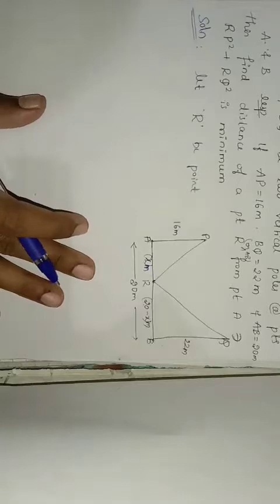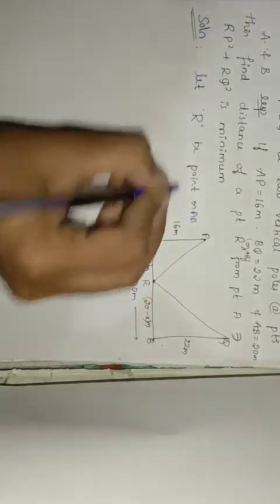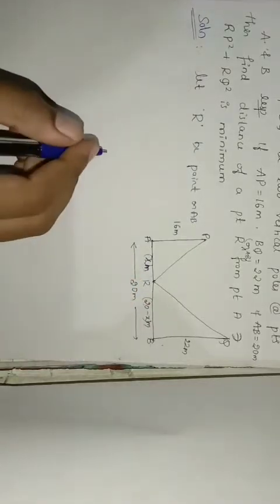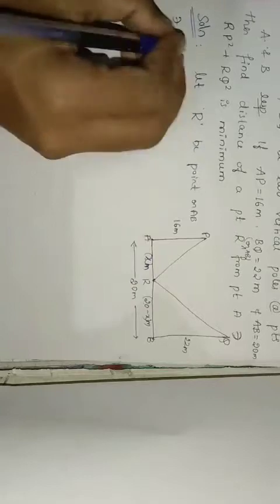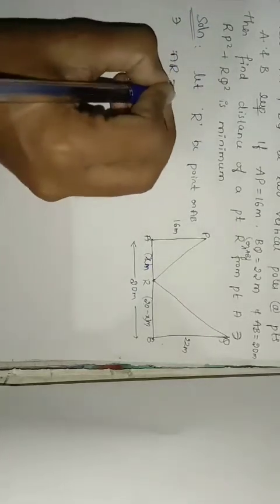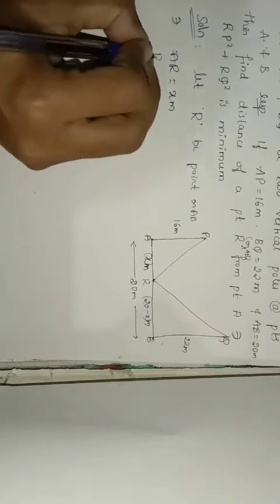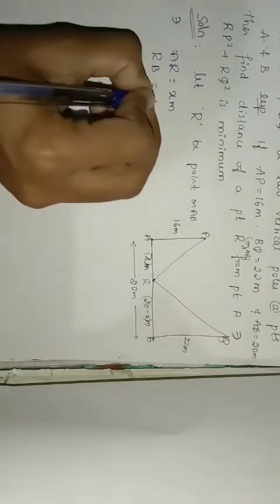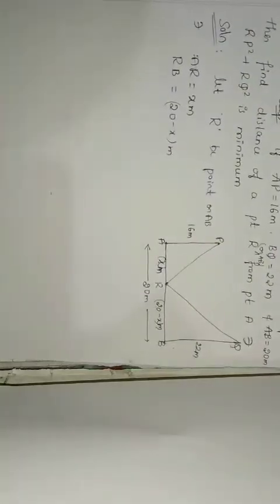So we got R be a point on AB. Okay, so it is understood R be a point on AB such that AR is equal to, AR how much is it? So AR is equal to x meter we have. Okay, so then RB, or BR you can say, will be 20 minus x meter.